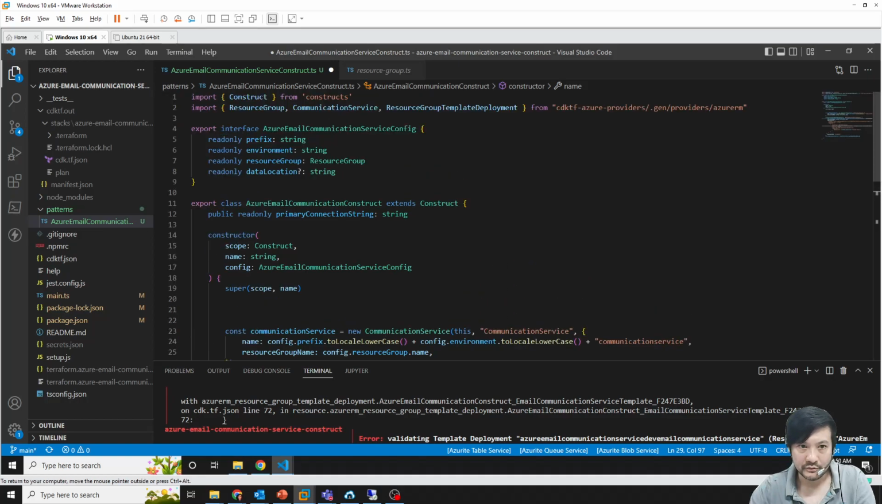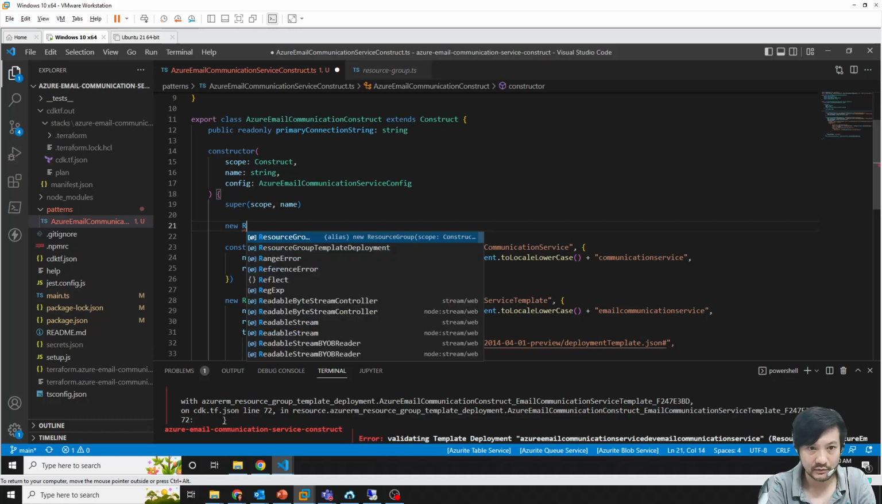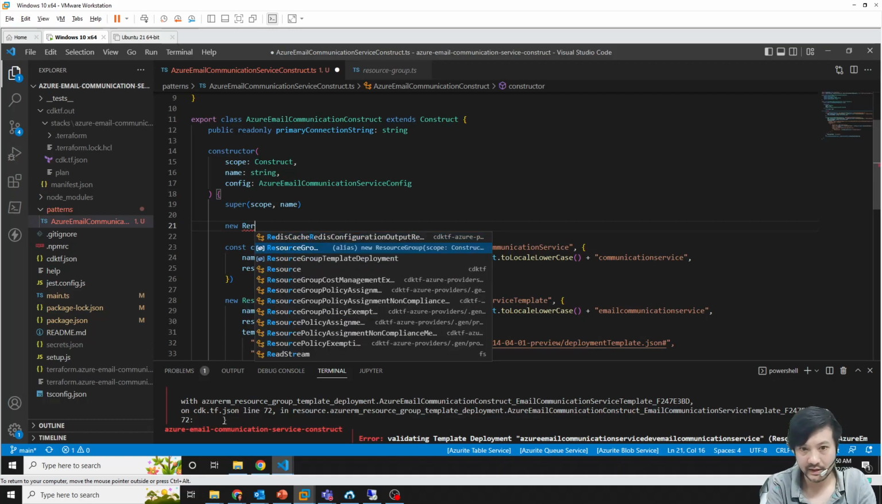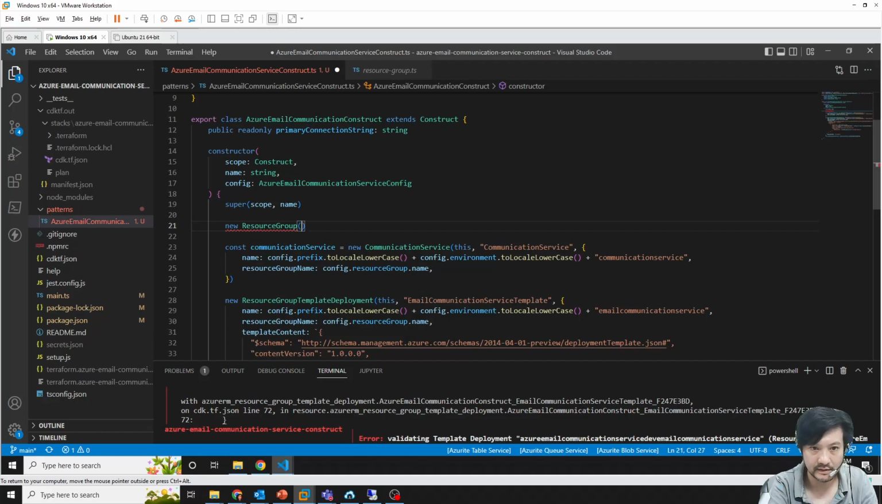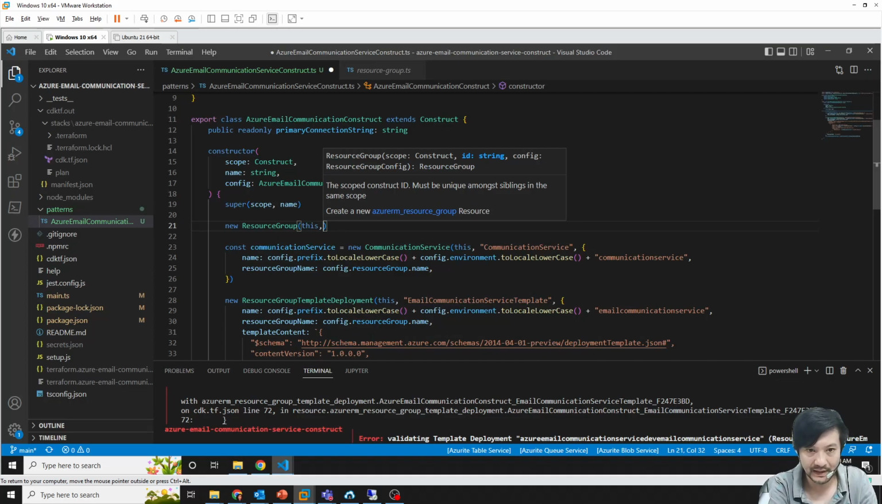Actually, for development, it's straightforward, just writing the TypeScript as well. But normally, you just need to always do something in the constructor. For example, I want to create a resource group and auto complete here. And sometimes just the first parameter will be already this since it's construct, and then we pass the scope into